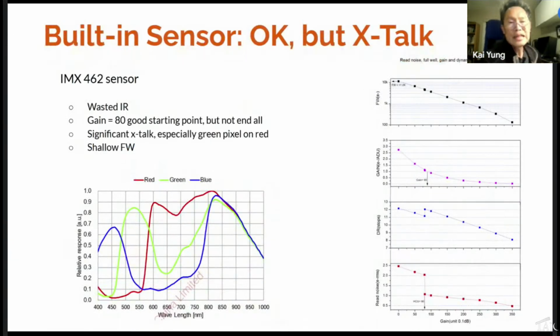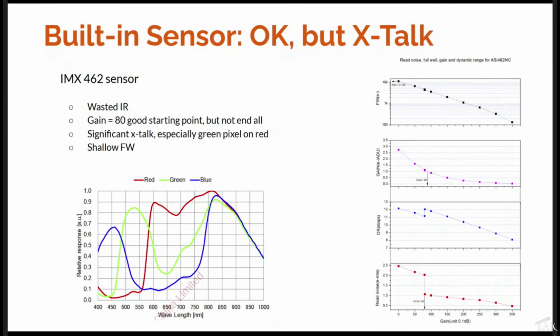But some of the things I want to highlight in terms of the downside with Seestar is that the sensor it uses is a relatively older sensor. It's pretty sensitive in that the read noise is pretty low, but a lot of the IR signal is going to be cut because Seestar has an IR cut filter. So all these nice photons will be gone.